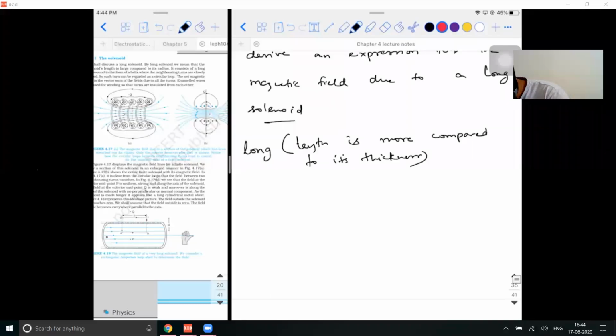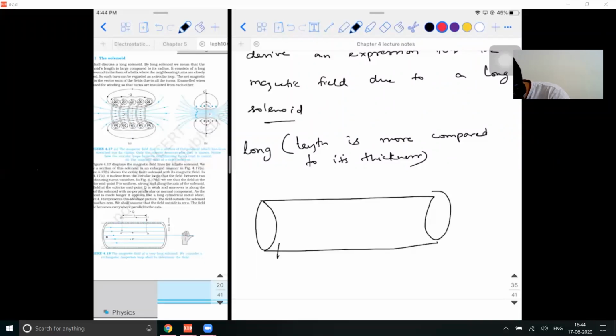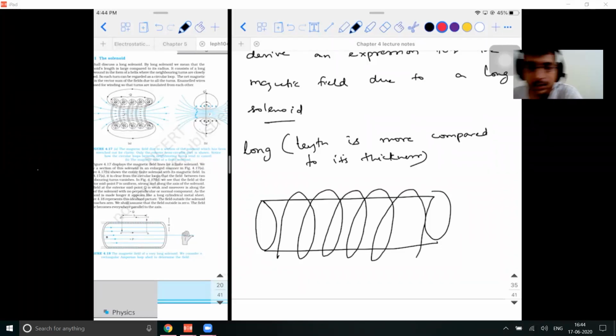So how does a solenoid look like? If I take a material like this, okay, if a wire is wound around it like this in this way, if you wind the wire around it like this and you pass the current through the material, then this particular device is what is called as a solenoid. Now, since we need to apply the Ampere's circuital law, we need to consider an Amperian loop. Now, what we will do is we will try to redraw this. Let's first try to visualize how it works.